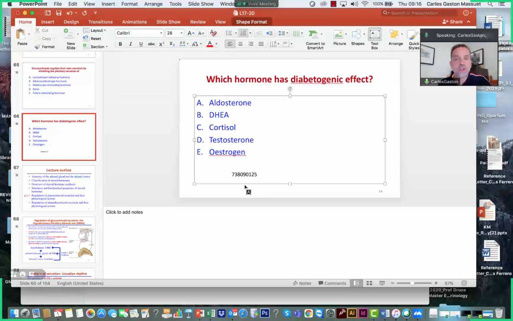As I said, you don't need to understand all the biochemistry, only knowing some of the enzymes. Everything will make more sense when we study